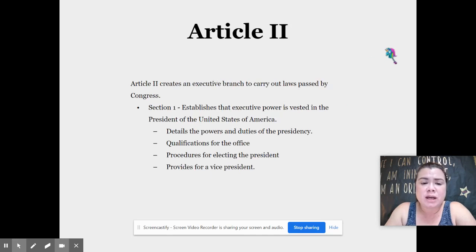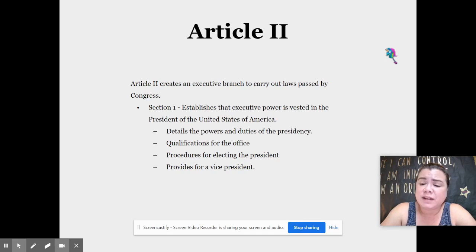Now, Article 2 creates an executive branch to carry out laws passed by Congress. The executive branch is the President of the United States and his office and his cabinet and all of those things. Now they establish the power that is invested into the president, and this details the powers of the presidency, the